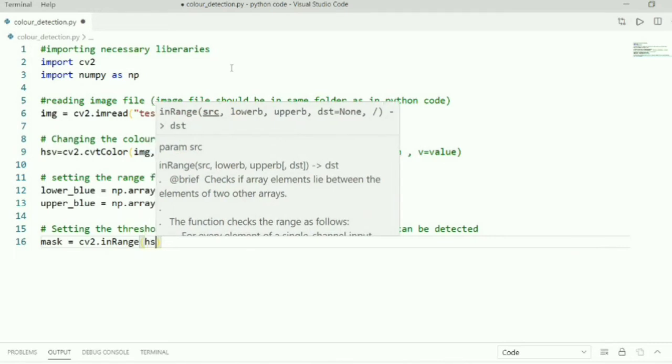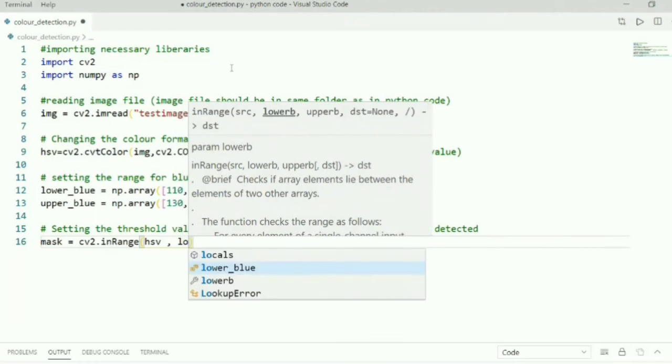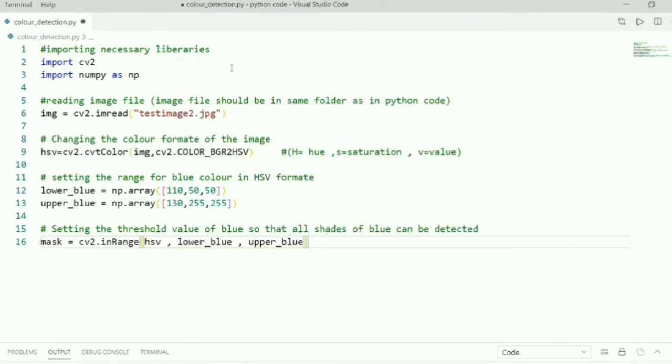We'll apply the cv2.inRange function. In that we'll be giving hsv, which is the whole line written previously: hsv, lower_blue, upper_blue. With this we are setting the range of our masking layer.